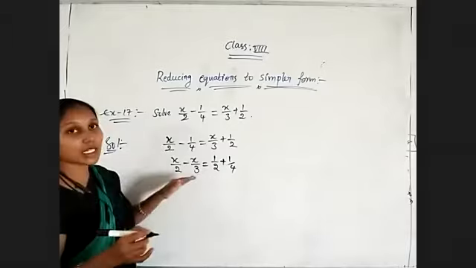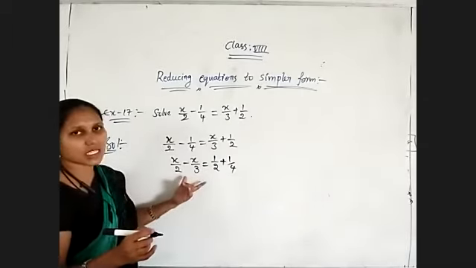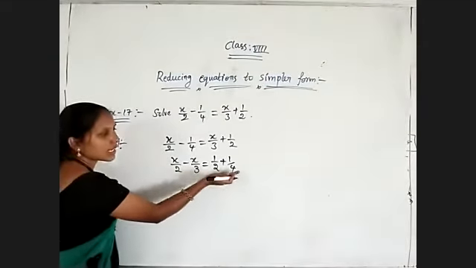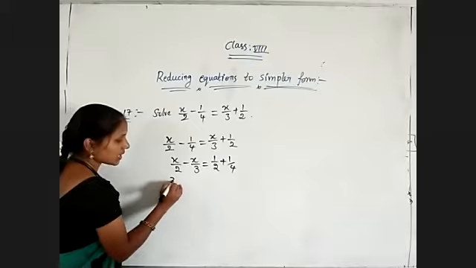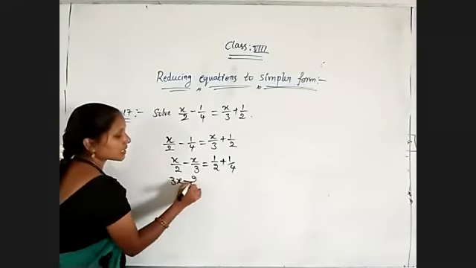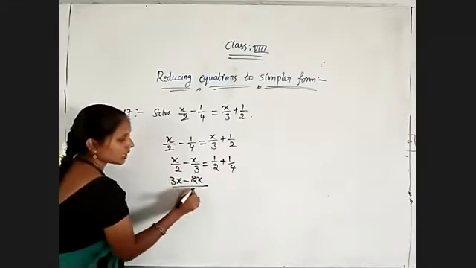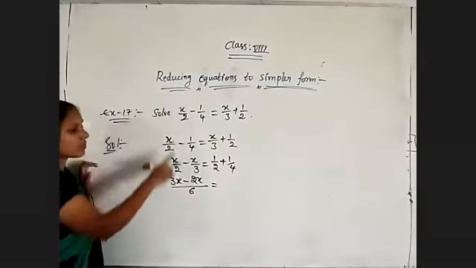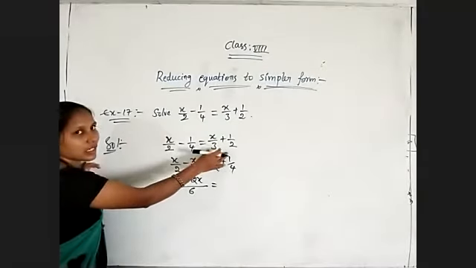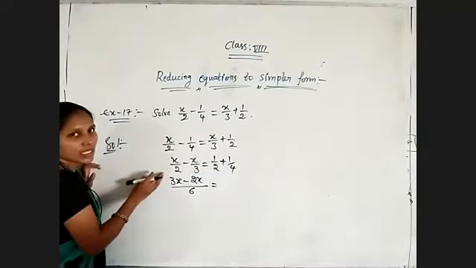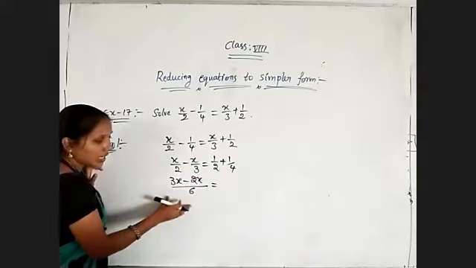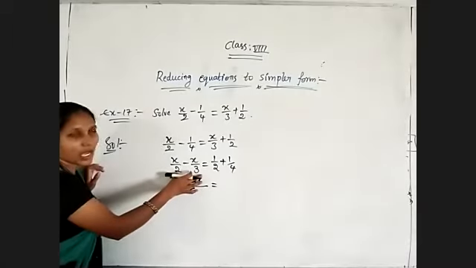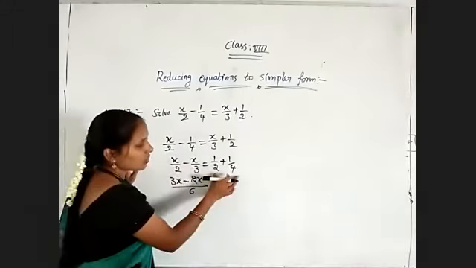Already we did the rational numbers in the first chapter, so it will be easy for you. Now go through the cross multiplication method on LHS as well as on RHS. So 3 into x, 3x, minus 2 into x, 2x, divided by 2 threes are 6. I hope you understood this. So we are reducing step by step. First we transferred x terms to one side and constant terms to another side. And now we are doing the calculations using the cross multiplication method, because we got fractional or rational form. Now, is equal to 1 by 2 plus 1 by 4.